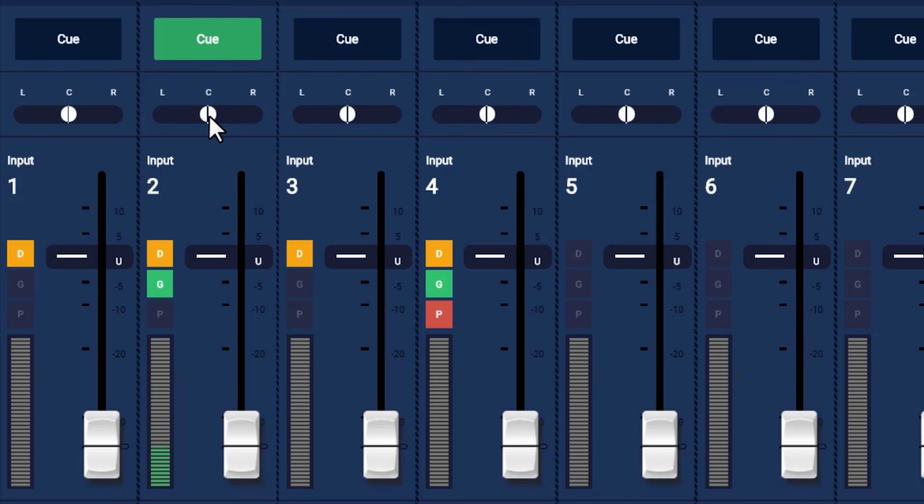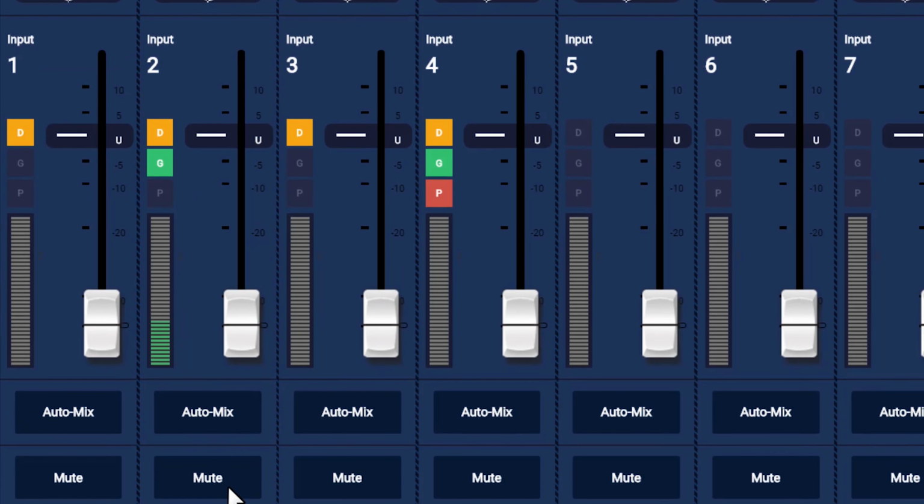You can pan any channel from left to right, which will of course only be applied to a stereo output. And you can also make its volume adjustments with these sliders. You'll notice a level meter, which is pre-fader, allowing you to see the nominal level of that audio source even when you have it turned down. If your channel has any dynamics or gating engaged or phantom power, the respective indicator lights will illuminate. At the bottom, you have the ability to mute the entire channel or add it to your auto mix.